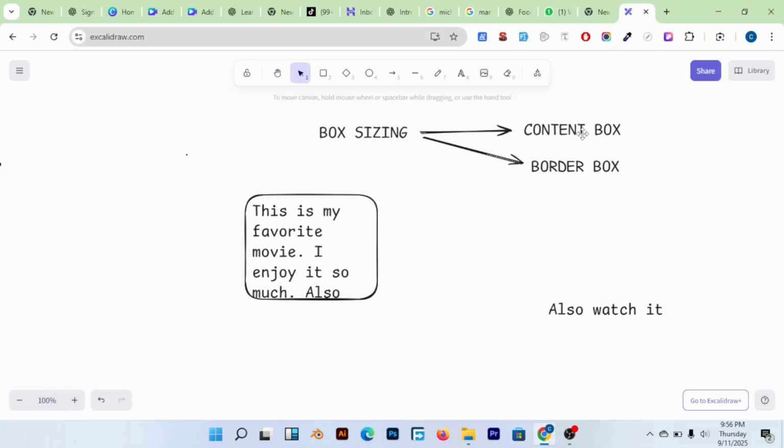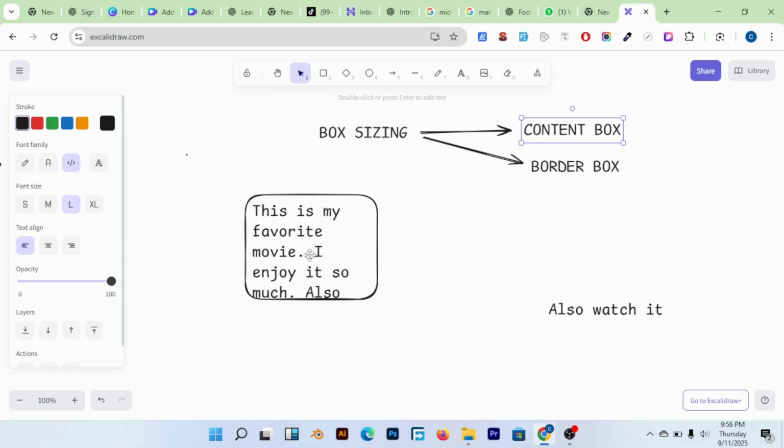But now what happens under the content box, as you see it here, is that if I continue adding this text, what is going to happen to this whole overall border? This border is going to increase by default under content box, because this content becomes too much for